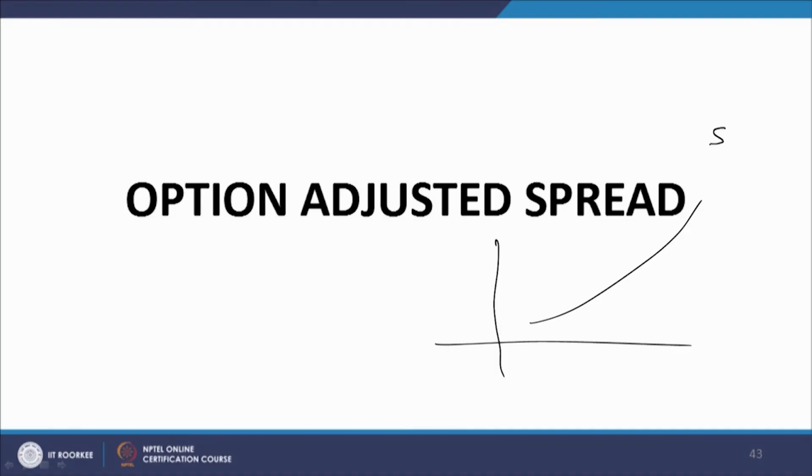This will give you the various values of S B 0 T. You will get all the values of S B 0 T from this government spot curve relating to government rates. Now, what I do is I lift it up